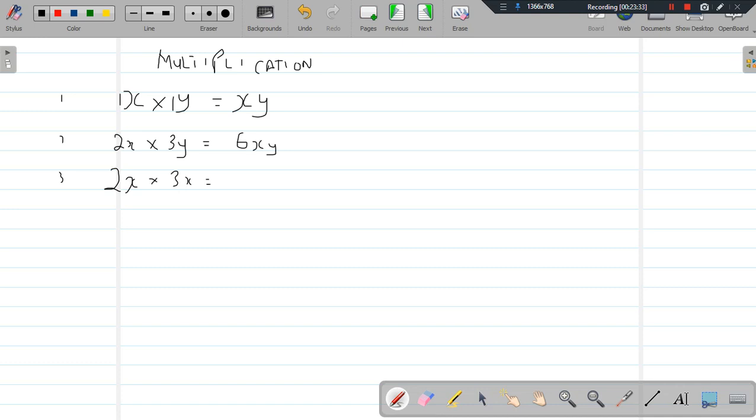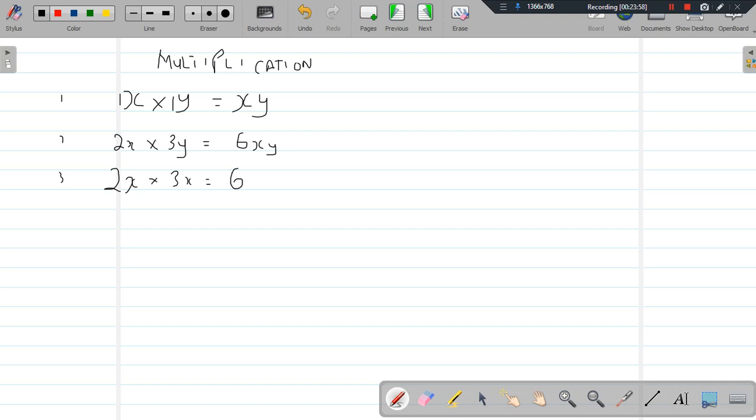I believe I am making sense. Okay, so 2x times 3x. Here our focus is on x. Now here what we do is we consider the power of degree to the x variable. Alright, so in actual sense, this is supposed to be written as